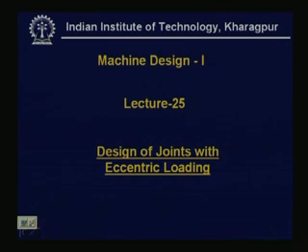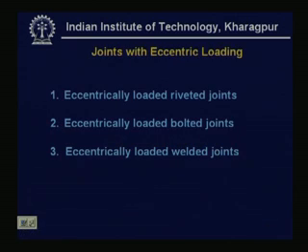This is very, very important because lots of structures have this kind of loading. Take, for example, the tower crane, which has loading definitely eccentric. In those cases the eccentric loading of the joint is very important, and hence we will have to concentrate on the designing of such joints. So, in this lecture we are going to study how to design a joint which has eccentric loading. Now, let us come to the joints which we have studied so far, and here in this lecture we are going to study how to design a joint when